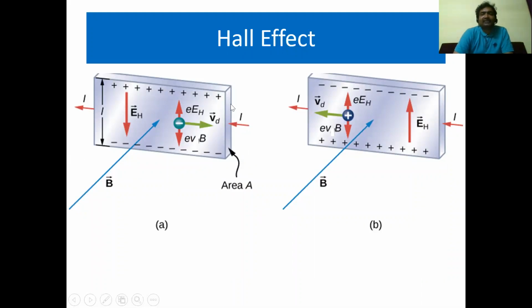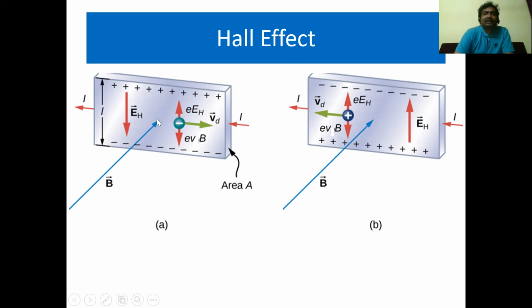As this face is connected to battery positive terminal, electrons get attracted towards the battery positive terminal. In this process, the electron attains a certain amount of velocity v. So as the electron moves in this direction, a current is produced in the opposite direction. So this red arrow represents the direction of the current. Now I applied a magnetic field in a perpendicular direction to current. So this blue bar represents the direction of the magnetic field, and the strength of the magnetic field is B.